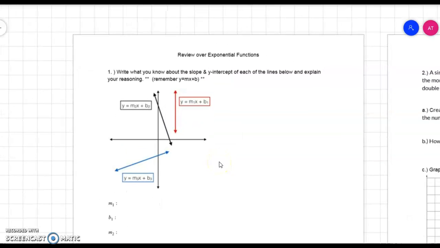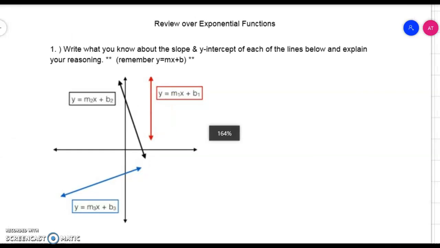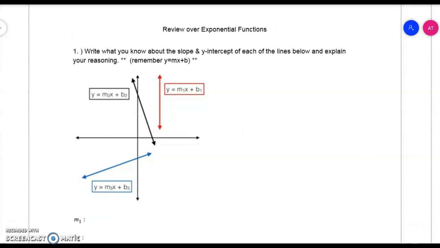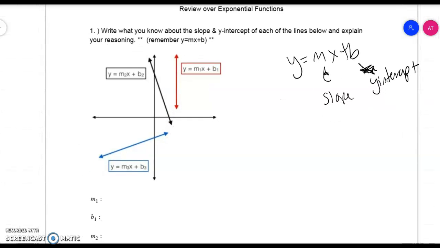Alright, so today we're going to be looking over exponential functions and what to do for your review. So we're going to review real quick. Remember that y equals mx plus b. M is our slope, while b is our y-intercept. So what it's asking, and the difference between these M1s, B1s, M2s, B2s and those kinds of things,